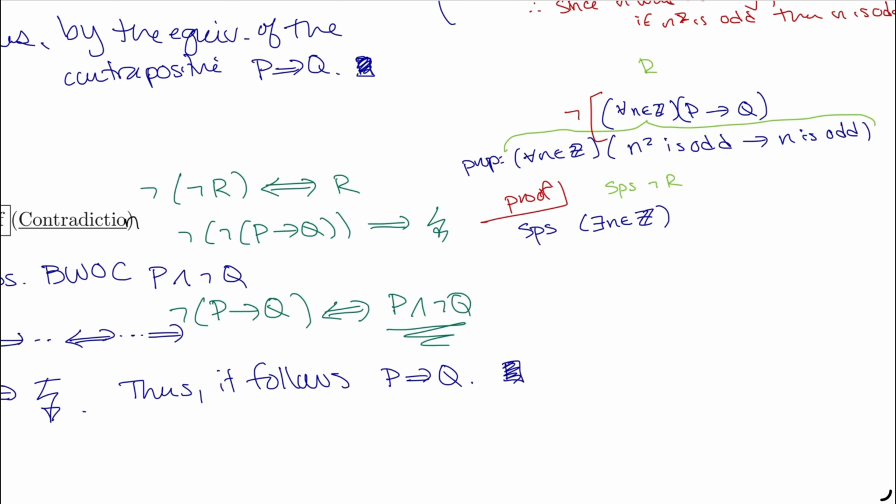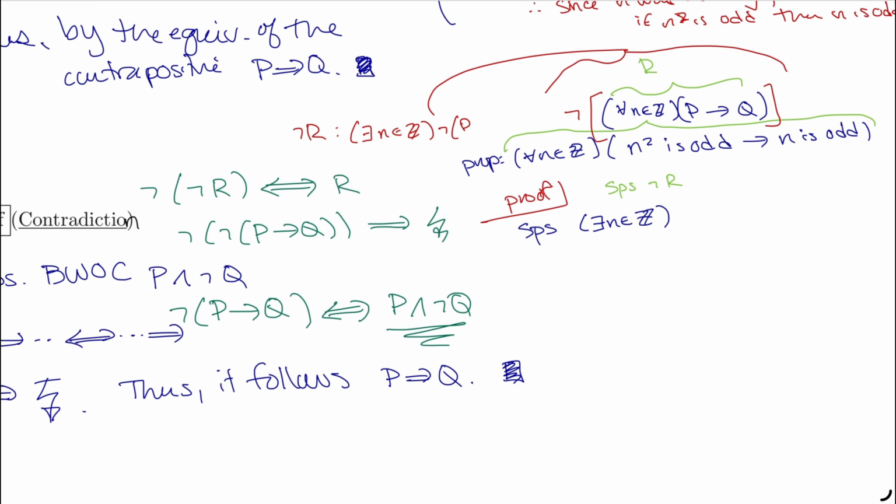That's my not R. Okay, so this is R, then not R. Not R is going to be the negation of the universal quantifier, which is an existential quantifier, and then it's the negation of if P then Q, which, as we already said, is equivalent to